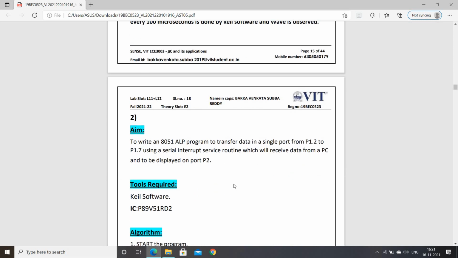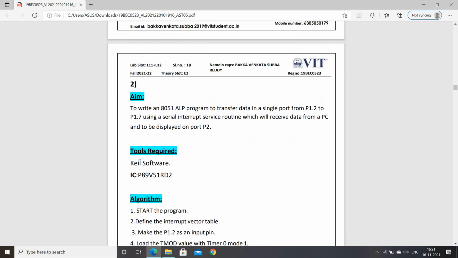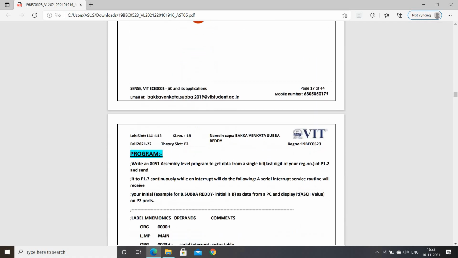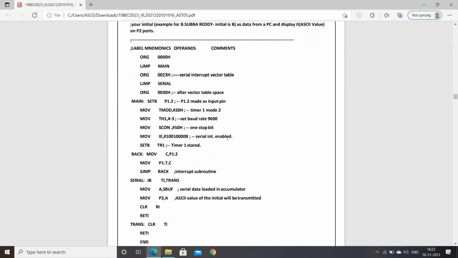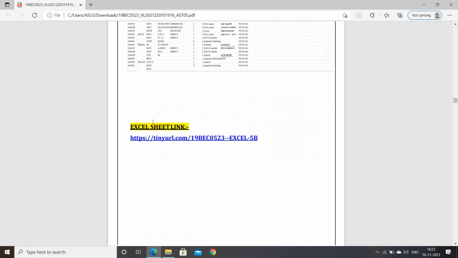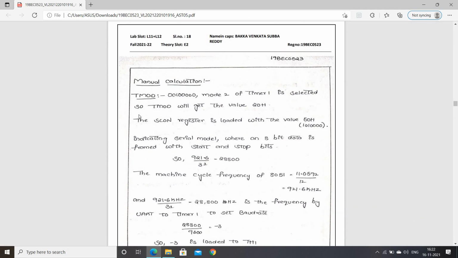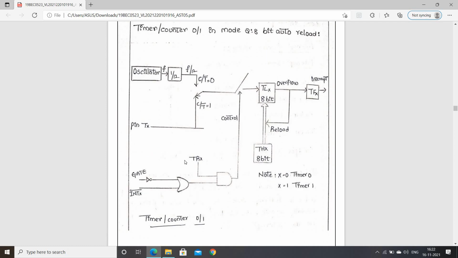And here our aim is to write an 8051 ALP program to transfer data in a single port from P1.2 to P1.7 using a serial interrupt service routine, which will receive data from a PC and display it on port P2. So here are the tools required, and this is the algorithm, this is the flowchart, and this is the program, and this is the tabulation form, and here is the link for the Excel sheet, and this is the manual calculation, TMOD, and this is the timer or controller